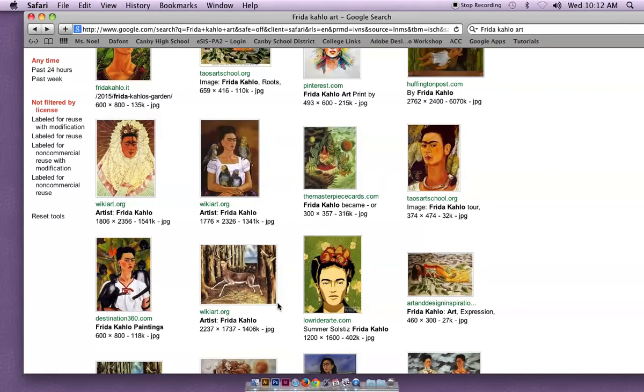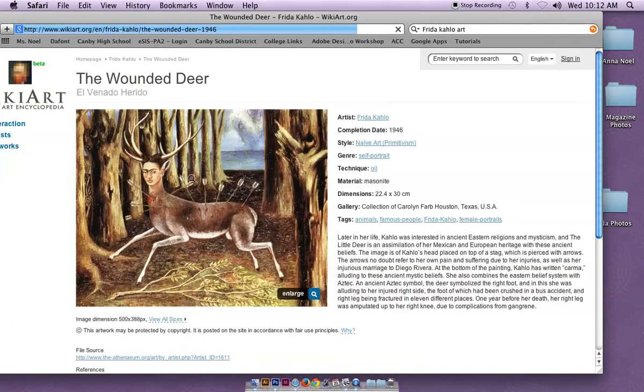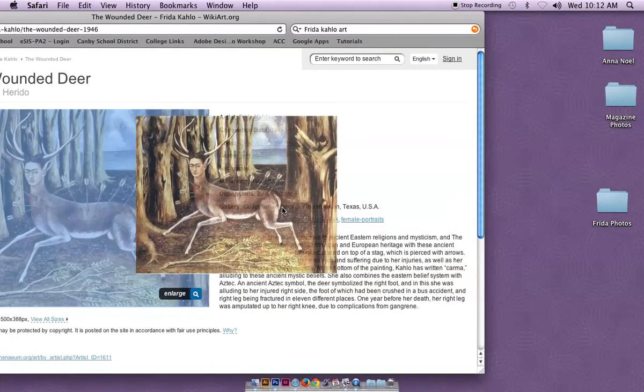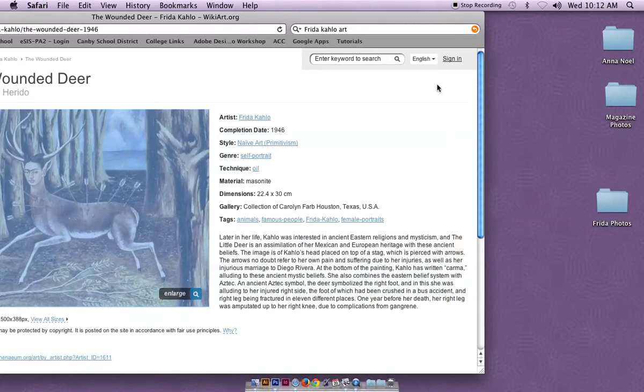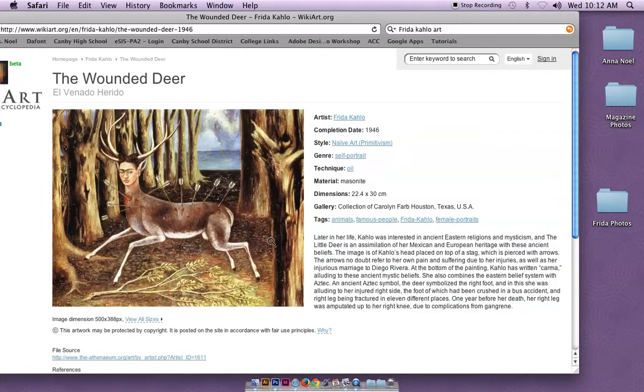So I do want to show, I've always loved this painting. It's kind of about her back injury, so it's got a lot of symbolism here. But sometimes you're not able to just grab the picture and drag it in. Most of these have been really easy to pull into the folder. But if you ever do need to